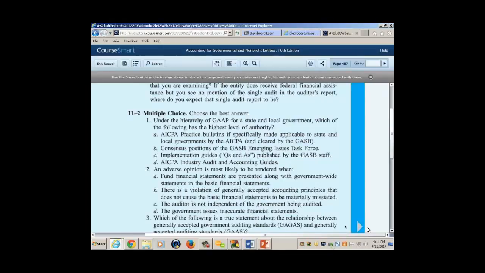What is the exam on? Concepts, knowing. For instance, the last thing, which I'm not going to give you the question, but for instance, single audit. Why do governments do single audit? What's the purpose? What does it do? It brings efficiency into the process. So conceptual questions like that, okay?